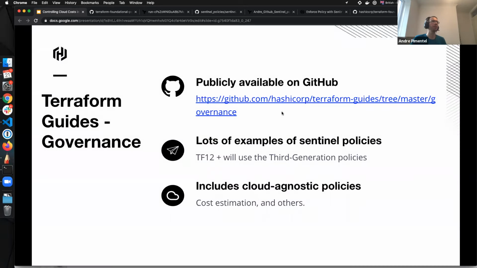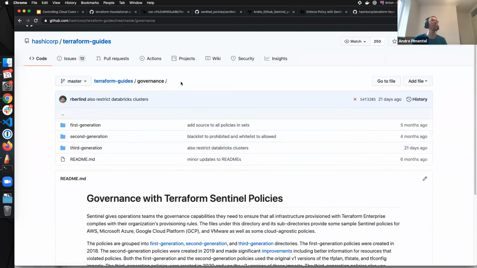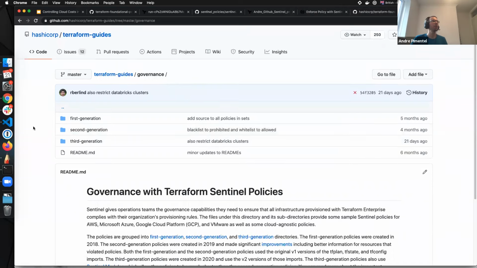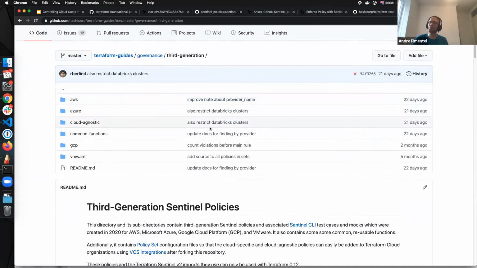Another place is the governance repo. So yeah, is that the one? No, that's the one, terraform-guides/governance. So here we have from the first and second generation of Sentinel policies, now Terraform 12, 13, and I'm not gonna talk about 14 now, but they use the third generation policies. And you have here several examples. It's an awesome place to start learning Sentinel and to explore policies.